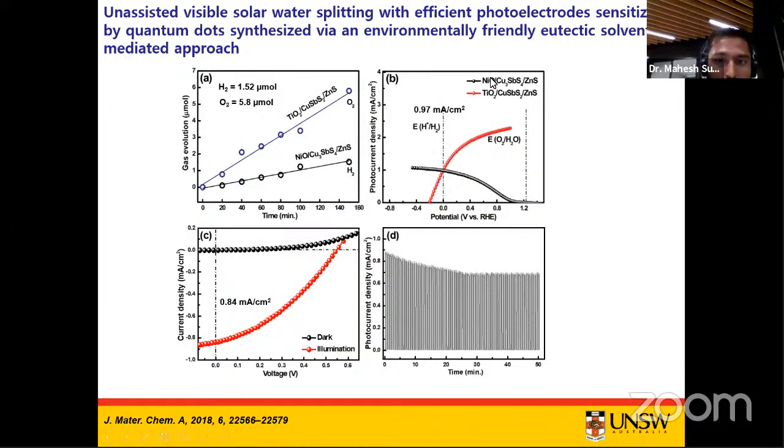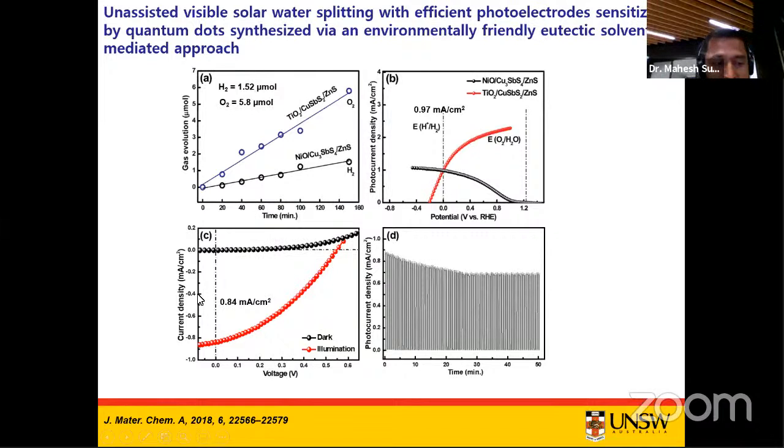After that, we took the Cu3SbS4 sensitized NiO as a photocathode, and the CuSbS2 sensitized TiO2 as a photoanode, and formed a wire-linked photoelectrolysis cell in a tandem configuration, which was illuminated from the different sides of the photoelectrodes. Initially from the NiO side, and then later on the TiO2 side, and we observed that illumination from the NiO side, that is from the photocathode side, works better in our case.